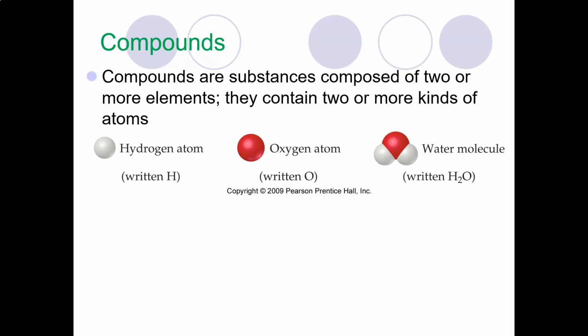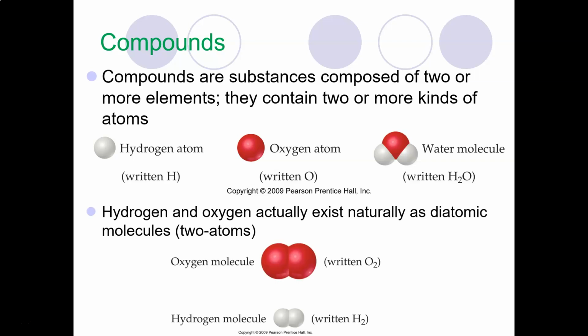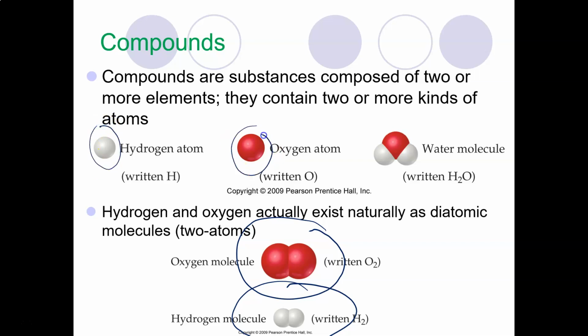Compounds are, again, two or more atoms stuck together with at least two different types of elements. So the example that I used earlier was water, which has oxygen and hydrogen in it. Okay. So some elements exist as diatomic molecules. Now notice this is a molecule, but not a compound. This is a molecule, but not a compound. Just pointing that out because up here I have them written as individuals, and in real life they would have